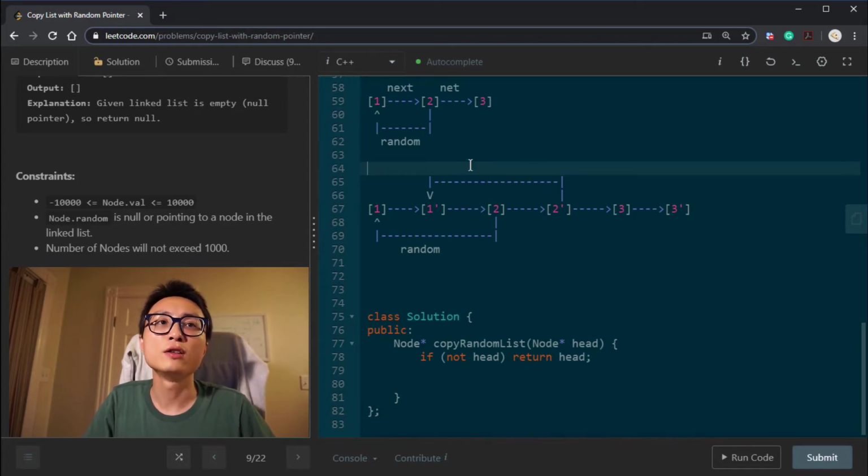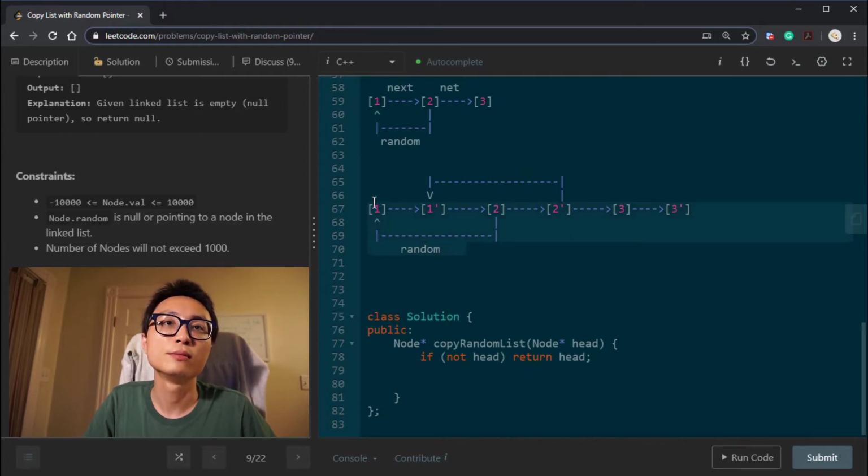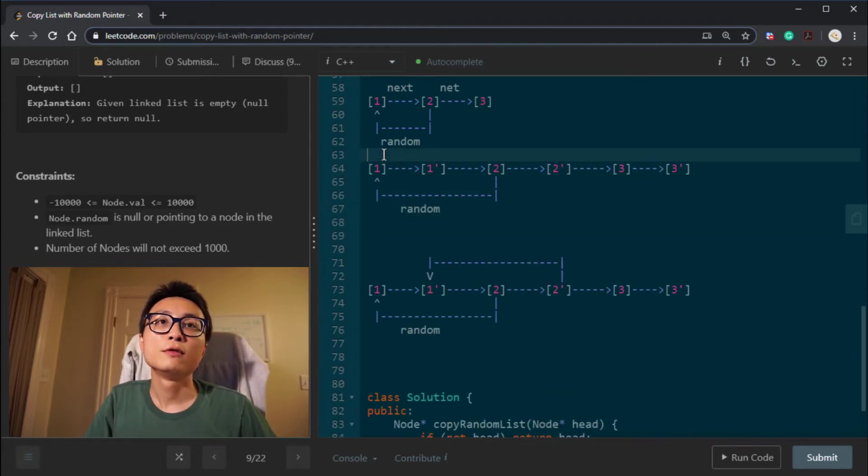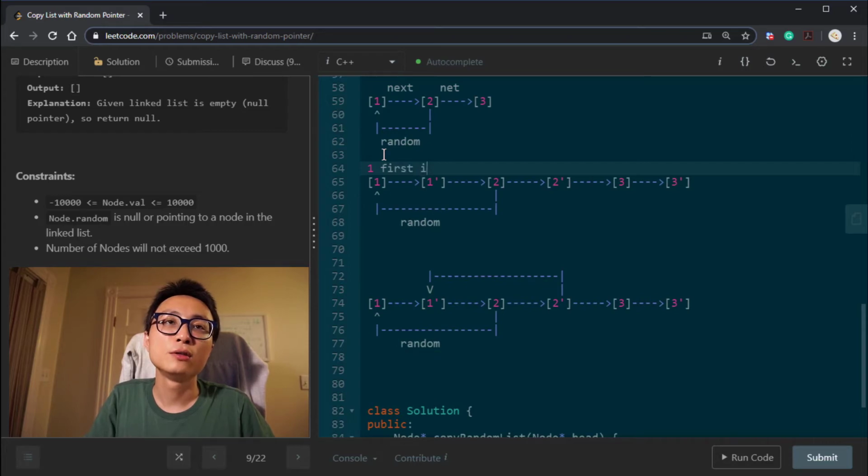Yeah, just gonna summarize this very quickly. It's getting quite late. So yeah, first pass, insert a copy between node and node.next.